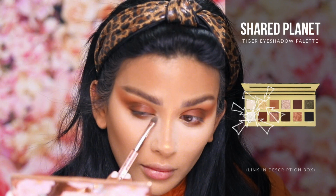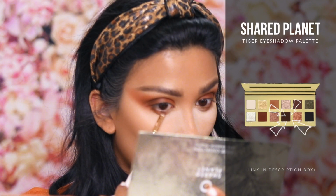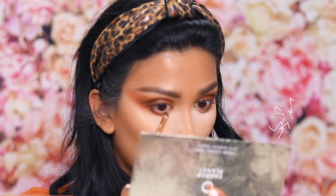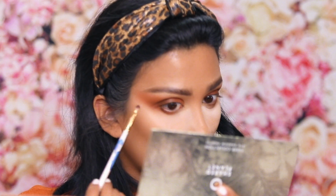So these glitters are really sparkly and pretty, but they get a little messy. So I don't like them on my lids, but I loved them for highlighting that inner corner. So I'm taking Predator again, and I'm just smoking out my lower lash line just a bit tighter than where